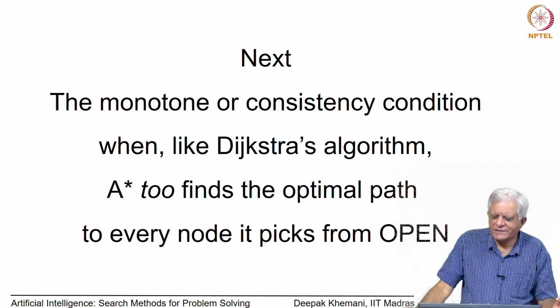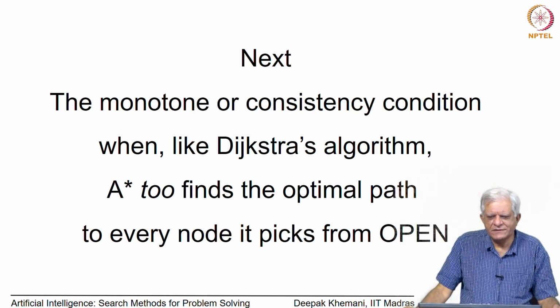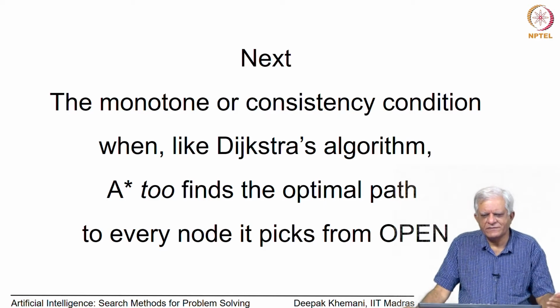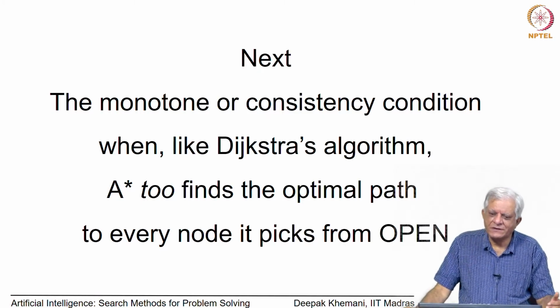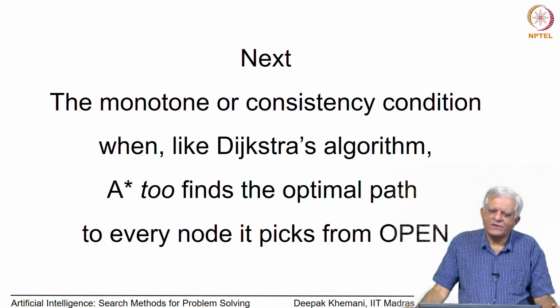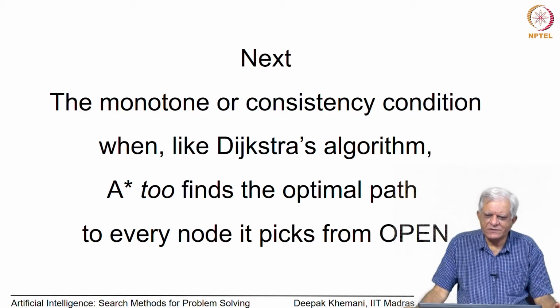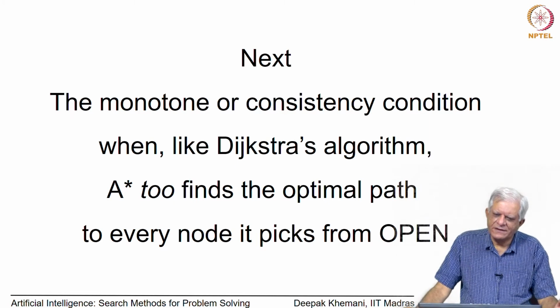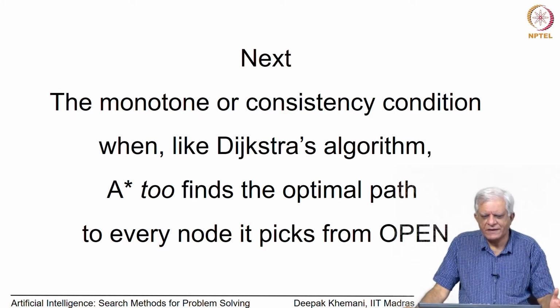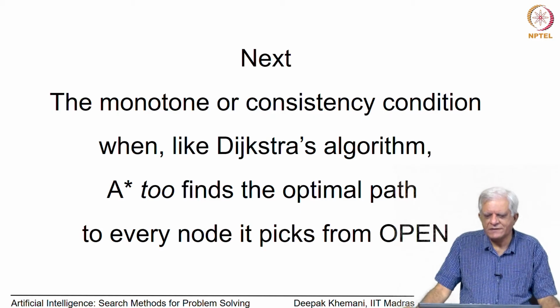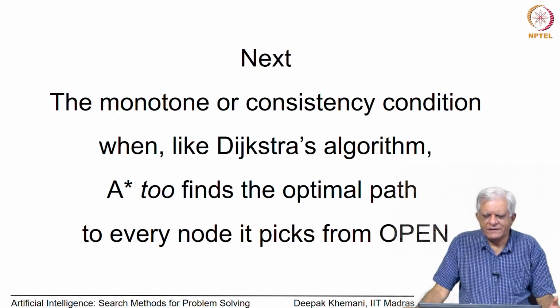Now, let us look at some other conditions. So, for example, what about the estimated distance from one node to some other node which is not the goal node? How does A star handle that? Or for example, the distance from start node to some node n essentially. We saw that unlike Dijkstra's algorithm, A star can pick a node from open with a certain f value which is the smallest at that point of time and add it to closed essentially.